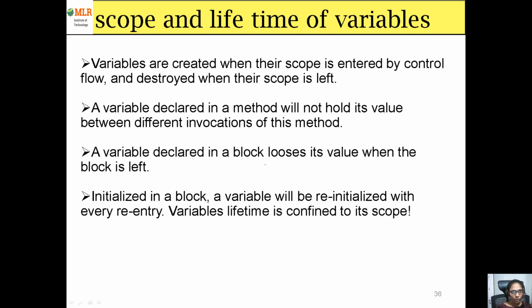We have two scopes allowed in Java, global and local. Global comes under class scope and local comes under within the method. Scope in the sense, outside of that you cannot access it. Within that block only the life of the variable exists. If you come out of that block or out of that class, the variable will be lost. So this is about this video, and thank you.